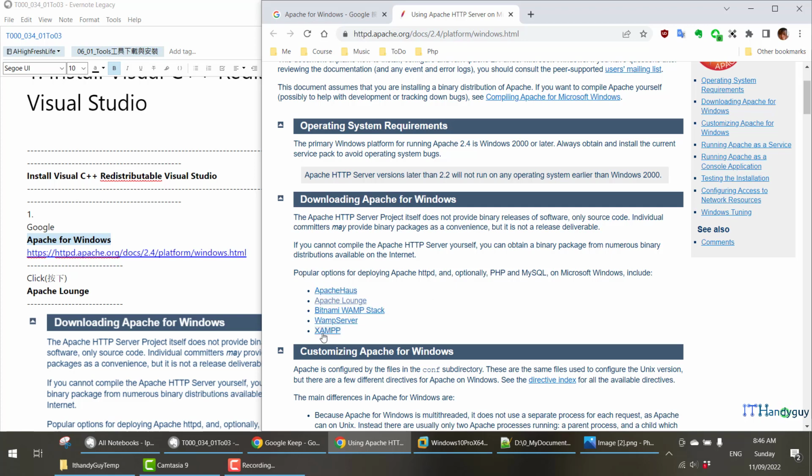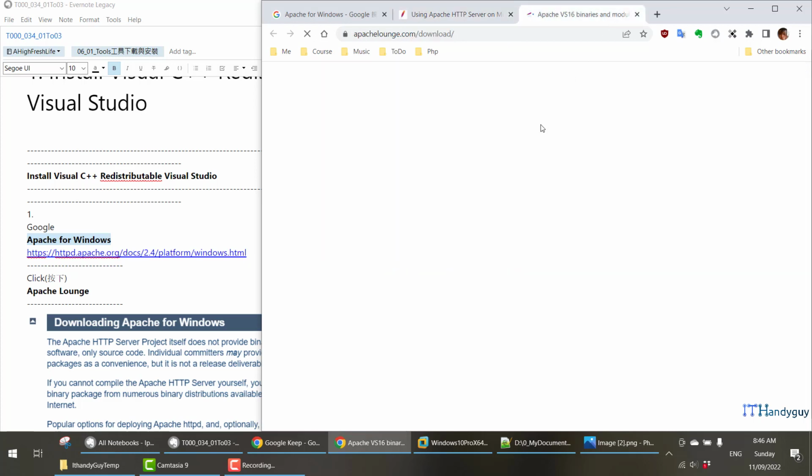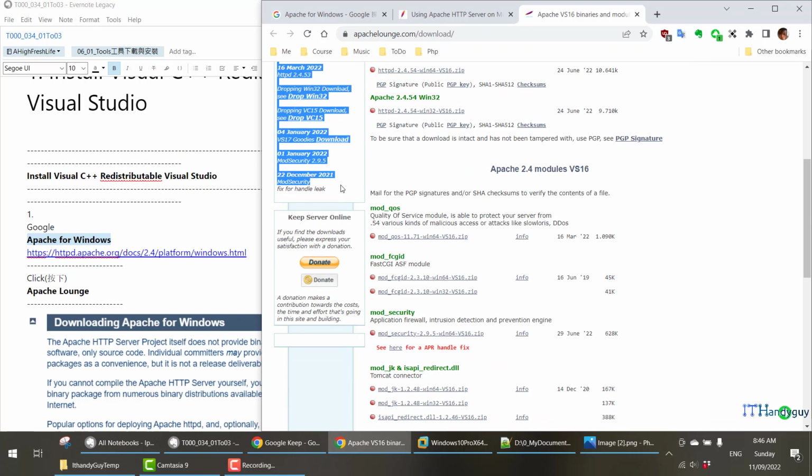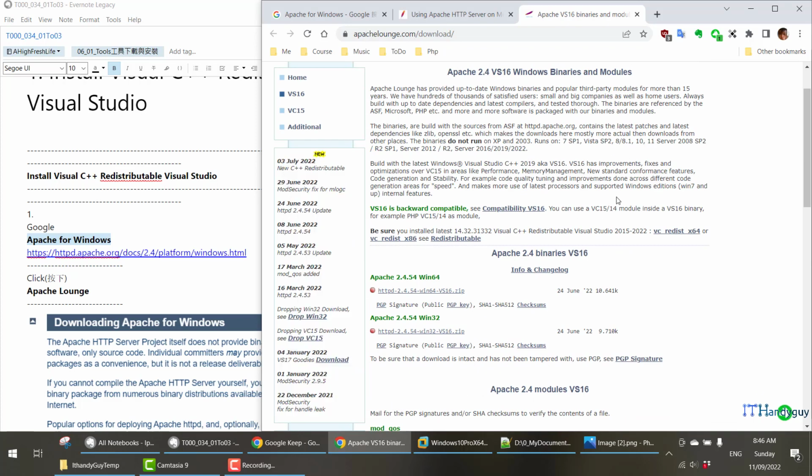But if you see this, that is XAMPP. XAMPP is a bundle tool that not only installs Apache but also installs PHP and MySQL. In this case, if you just want to install Apache individually, then you have to select Apache Lounge. So in the Apache Lounge, that will tell you this is all the releases regarding Apache, and the